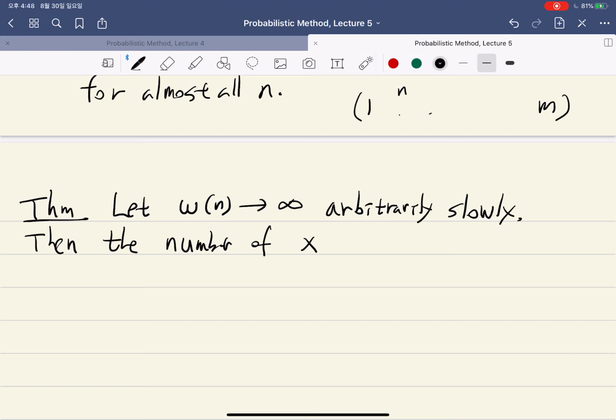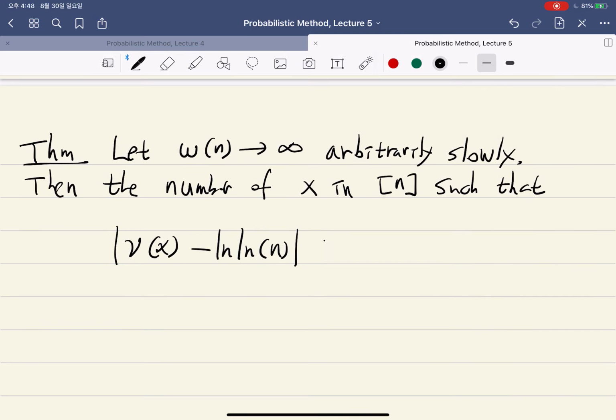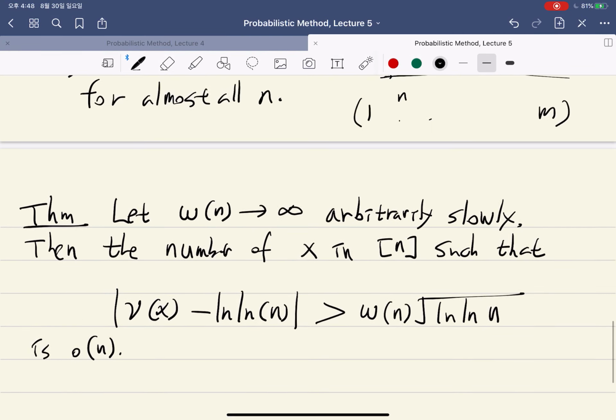The number of integers x between 1 and n such that nu(x) deviates from log log n by at least omega(n) times the square root of log log n is a small fraction,